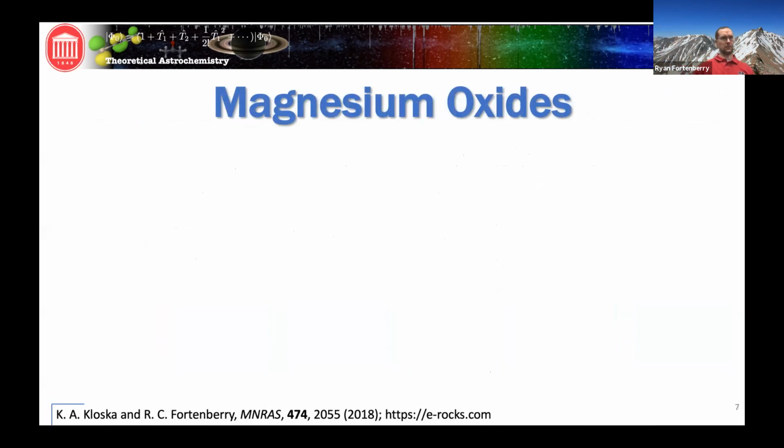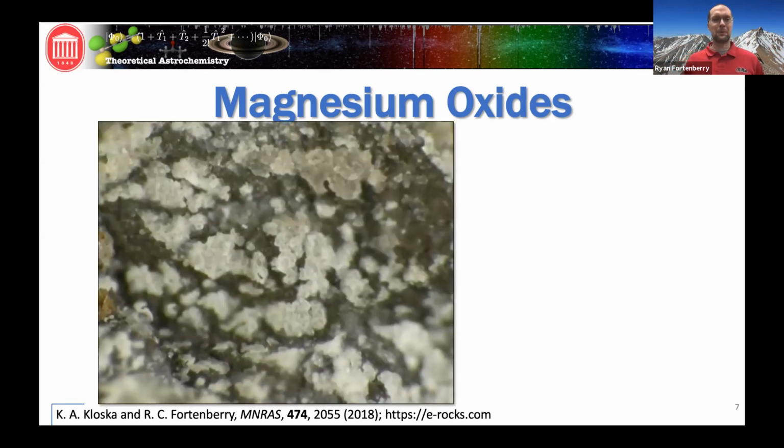What are we going to apply this to? Well, one of the simplest minerals, at least in my mind, are magnesium oxides. Remember in that plot, we had a lot of oxygen and a good bit of magnesium and some silicon. And magnesium is divalent, oxygen is divalent. So the simplest way in my mind to think about how we could combine these inorganic materials together that are really abundant in the earth to see maybe what are the molecules that could then go on to form these larger crystals in the earth. It's magnesium and oxygen. So we can do calculations on a diatomic species. Hope so. It's fairly simple.